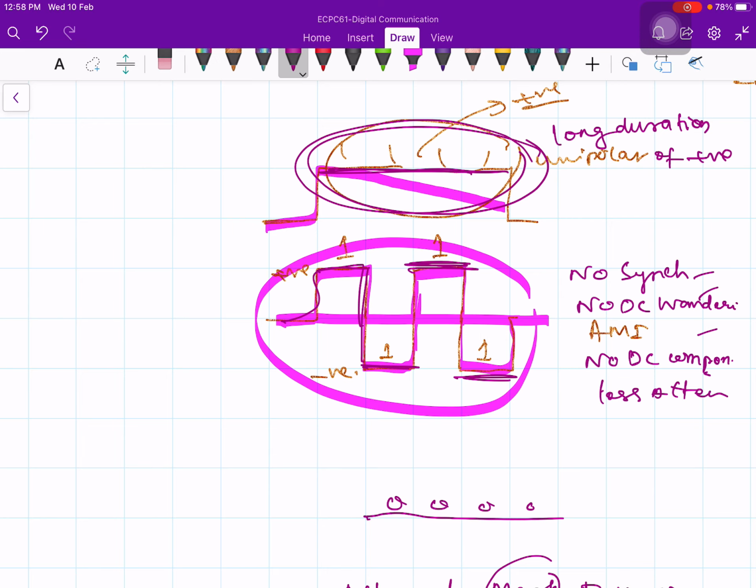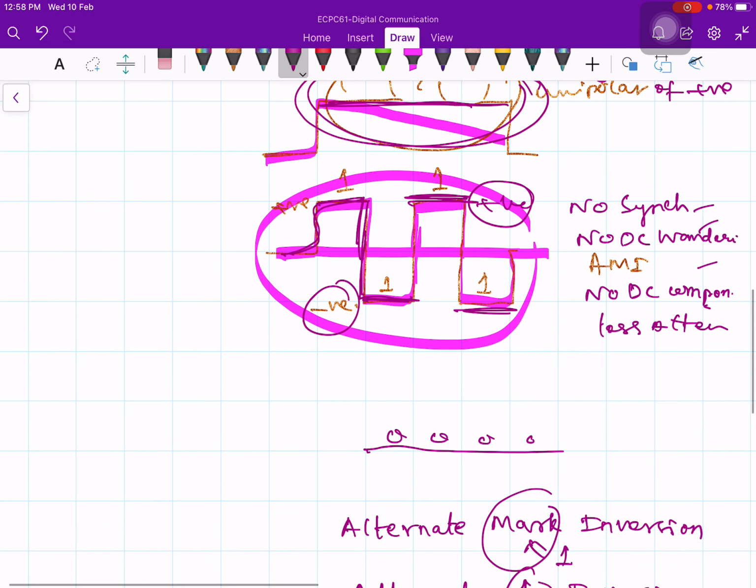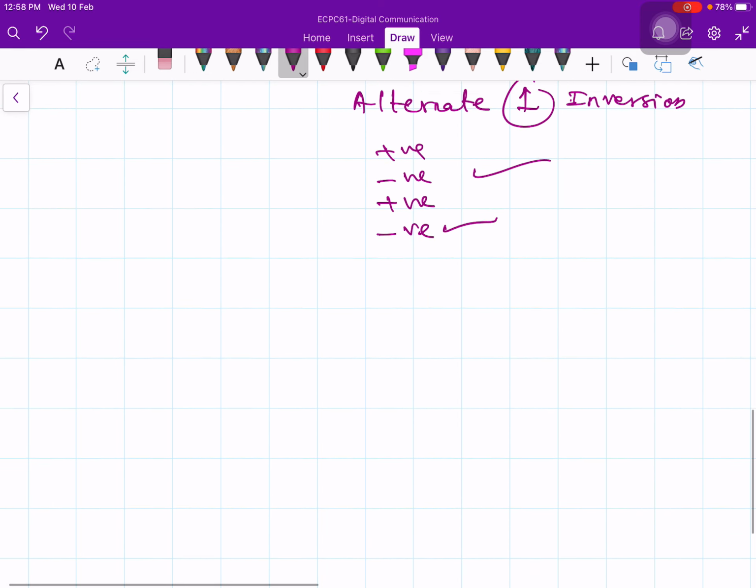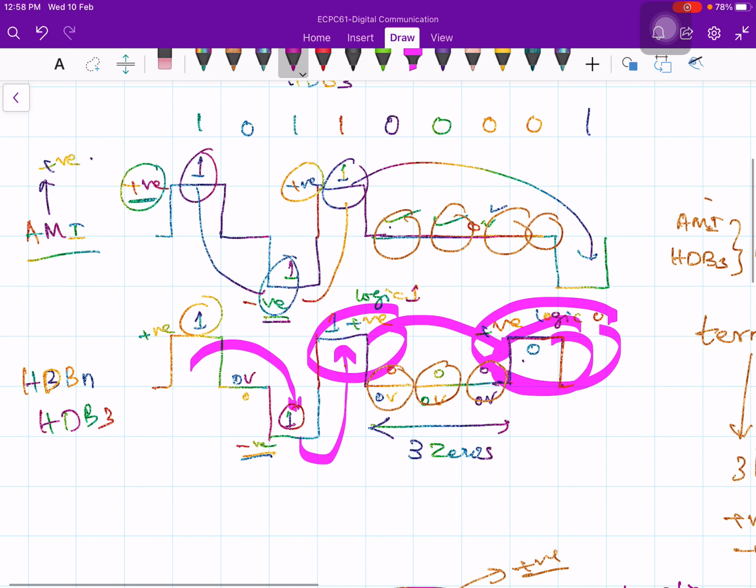For the first one you transmit positive voltage, for the next one you transmit negative voltage, for the next one you transmit positive voltage. In that way you can avoid it. So therefore this AMI is an example where we can avoid the long string of ones. In case I have a long string of zeros which I want to avoid, so what can I do? If you look at here, say in this long string of zeros,